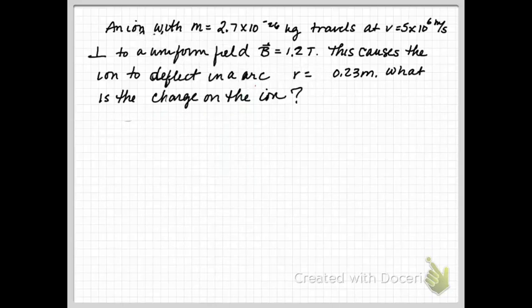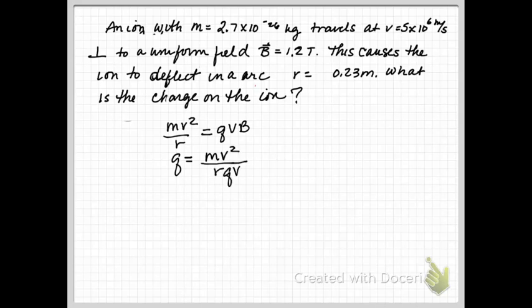So if we use our equation where we had mv squared over r is qvb, and in this time we're going to solve it for q. So q is equal to mv squared over r qv. Those v's cancel. So we have mv over r. Oops. Sorry guys. Should be a b. mv over rb. So q is equal to